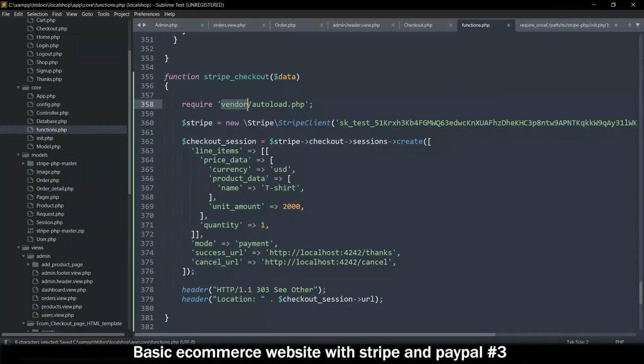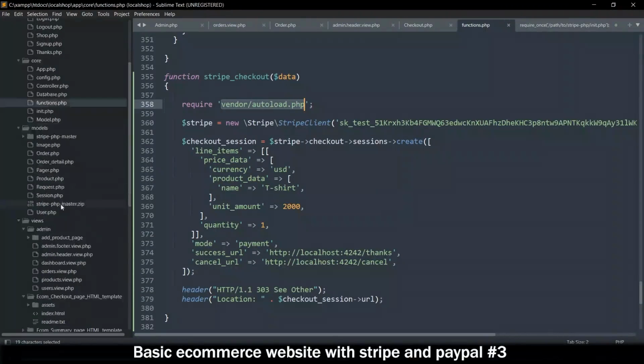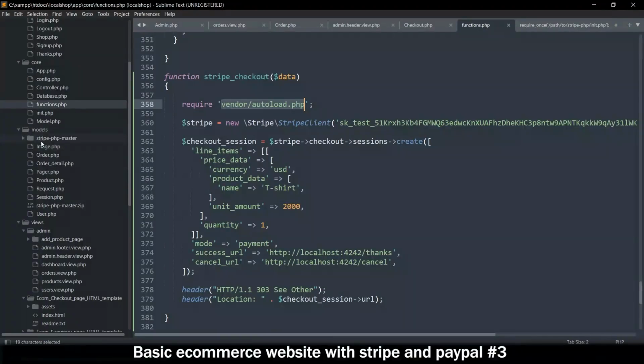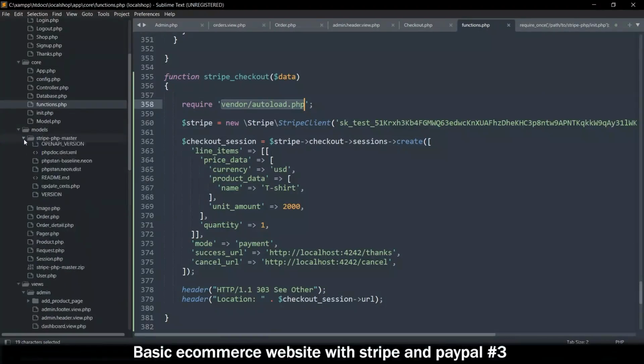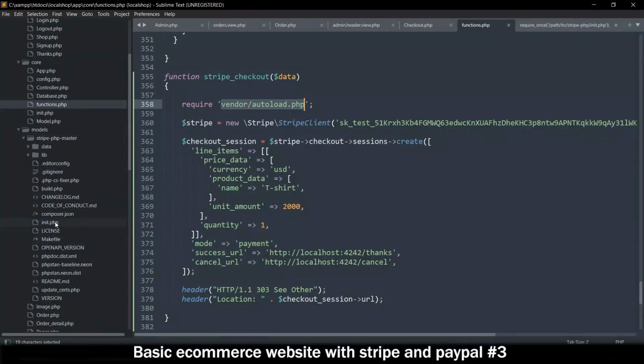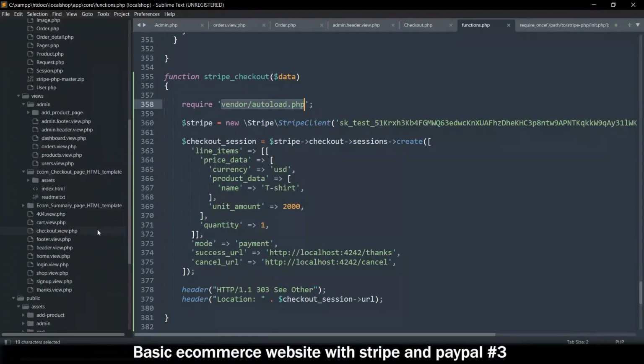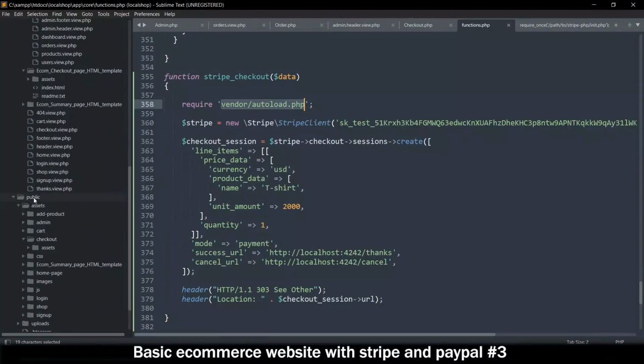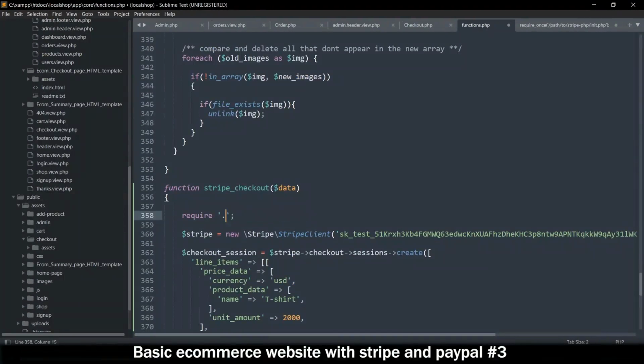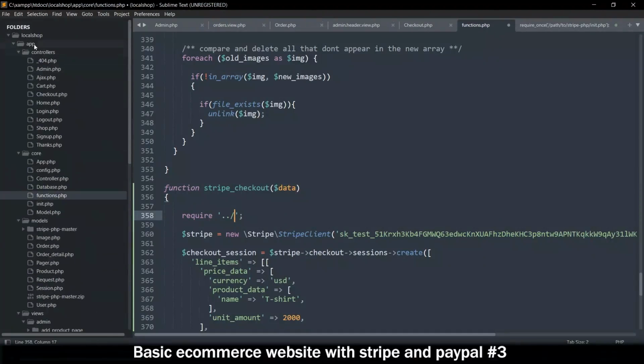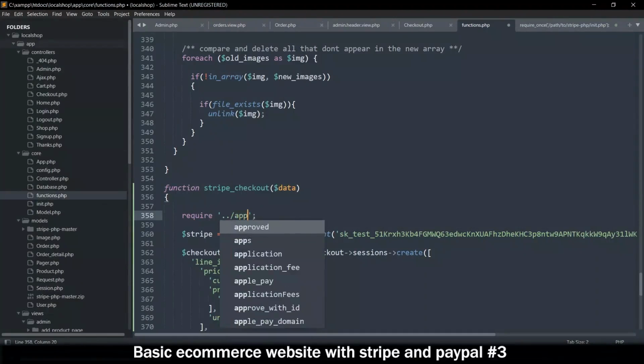So here, since we don't have vendor autoload.php, we need to go to the Stripe PHP module and get the init file right there. Okay, so let's see how we move to that path. First of all, we should remember that we are always by default in the public folder. So I'm going to do ../ to move out of the public folder and into the app folder there. So app, and then slash,